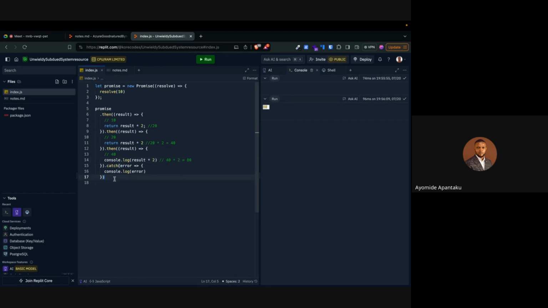So with promise chaining, you can chain multiple promises together. Let me explain with a real world scenario. Let's say, for example, you fetch someone's data from an API, or you're even trying to run a computation. Let's say you're building a calculator, and when the user runs the first